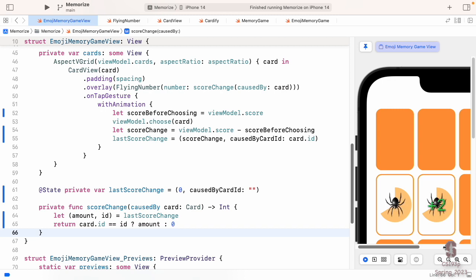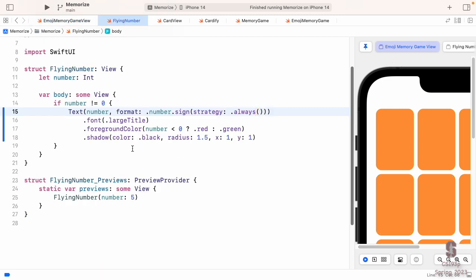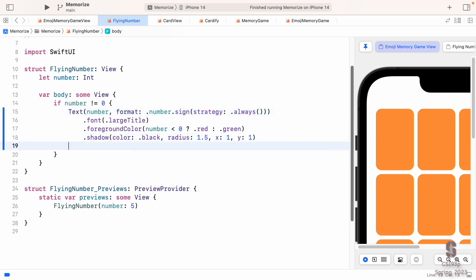It's different than the view modifier .position. That's the absolute position inside the container that it's in, and we'll see that as well a little later in the quarter. But .offset is nice. It's this relative offset. And that's exactly what we want here, because we want it to appear here in the middle and then, relative to that, move up or down. So let's put a .offset on our text.